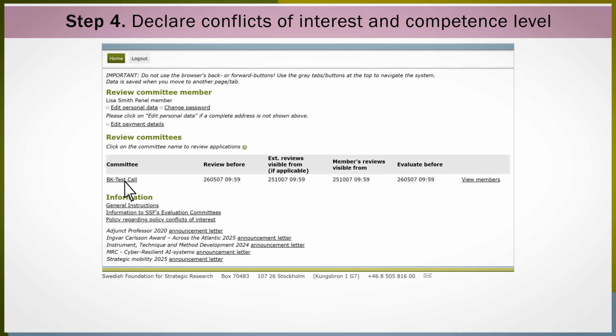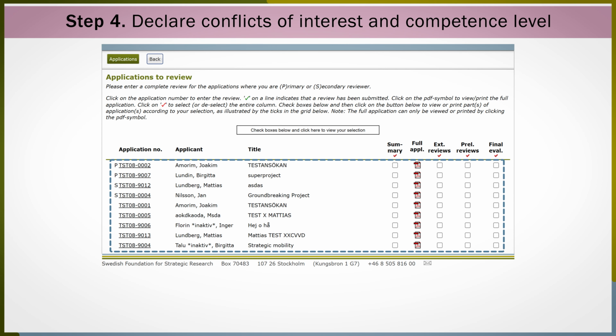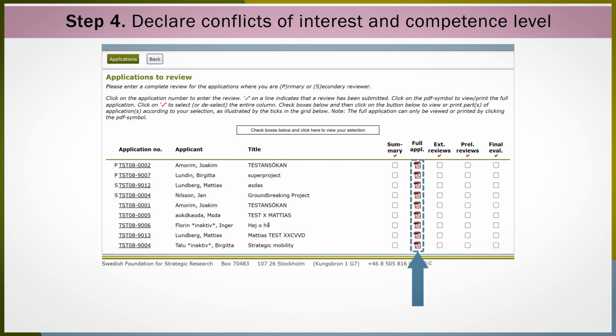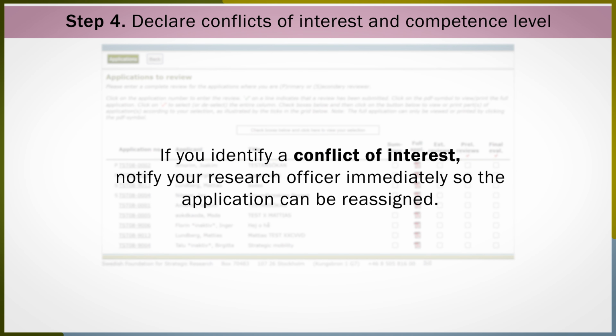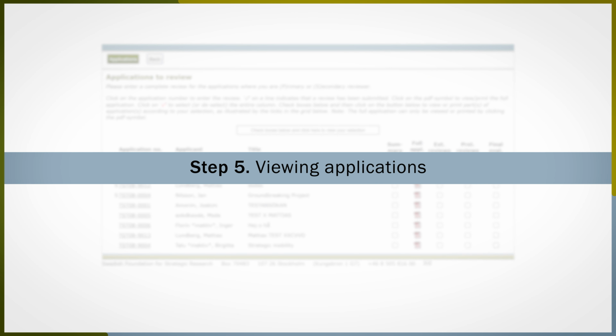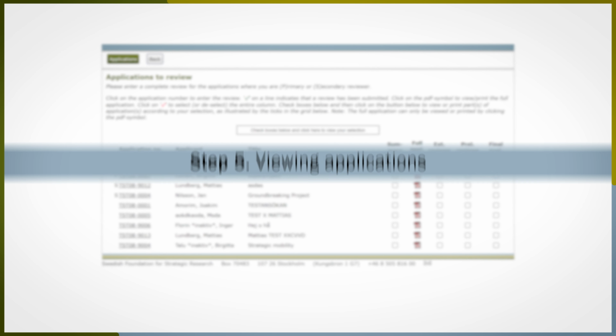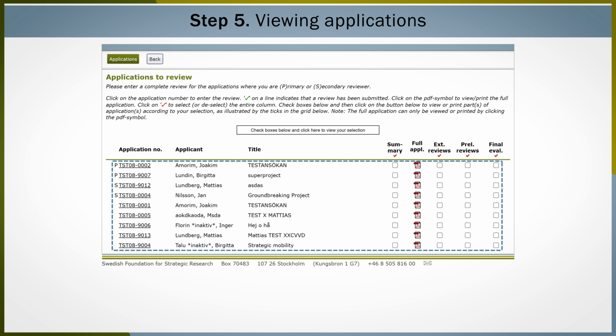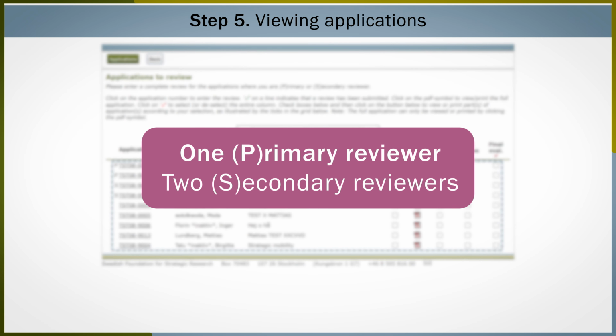The list of applications can be viewed here. You can open an application by clicking the PDF symbol under the Full Applications column. If you identify a conflict of interest, notify your research officer immediately so that the application can be reassigned. Step 5. Viewing applications. Each proposal is reviewed by at least 3 members of the evaluation committee, 1 primary reviewer